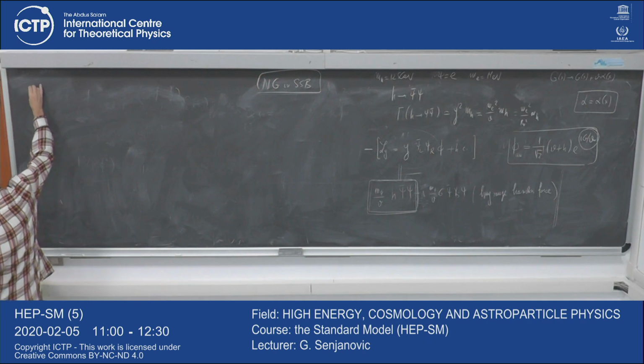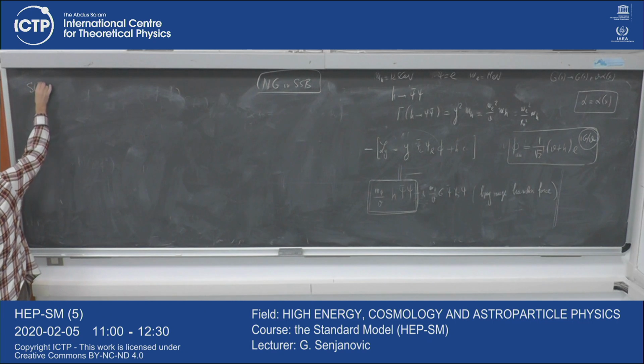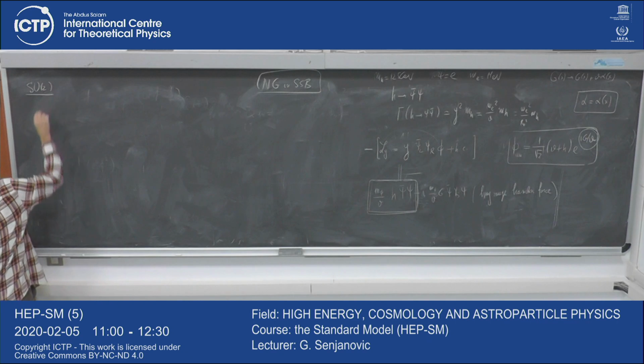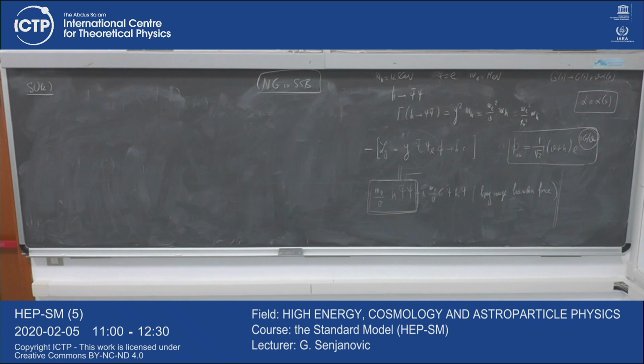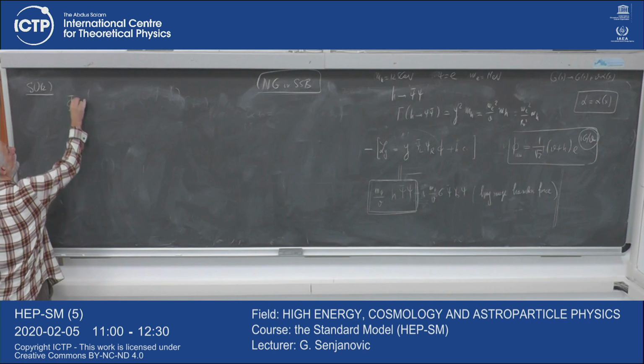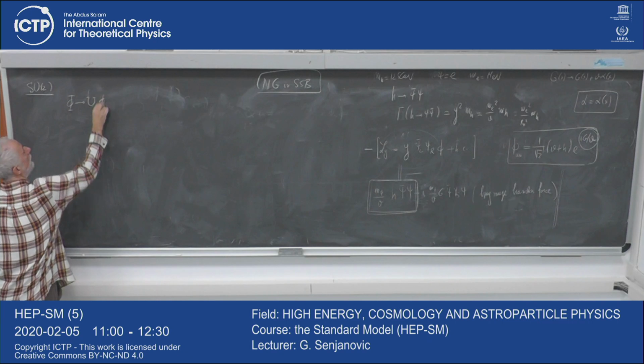So now when we take the next step after U1 is SU2. I could take SO3, which are basically the same Lie algebras, they are different symmetries. SO3 means I have a vector representation, a triplet. But let's take a doublet. Let's take what we call the fundamental representation of SU2. Really, what is SU2? It's a two-dimensional field phi, which transforms into U phi,